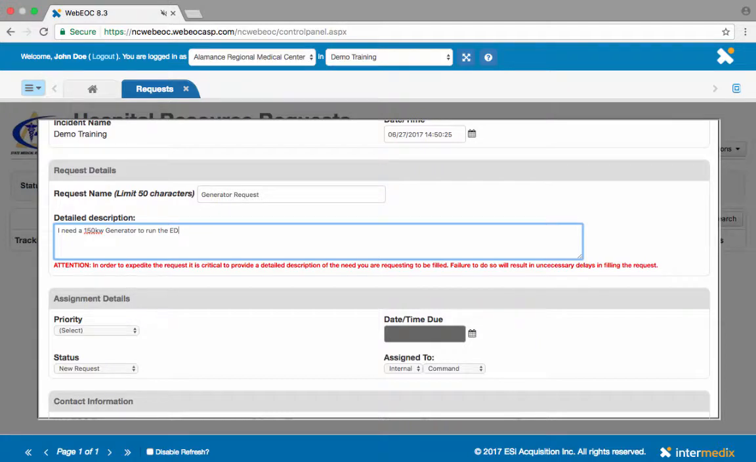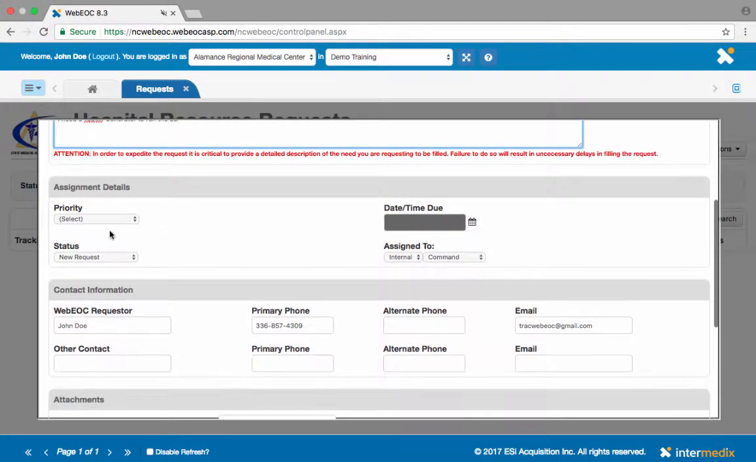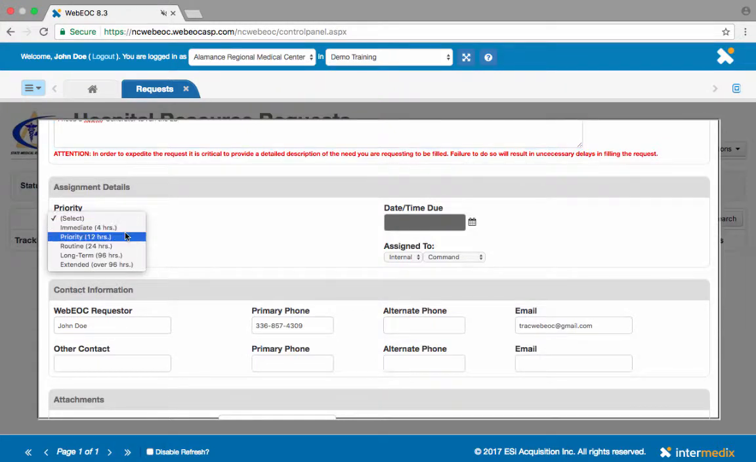So we're going to put in a request that says I need a 150 kW generator to run the ED. The priority is then set. Notice it's immediate. They need it in the next 4 hours. Priority is 12 hours, routine 24, long-term 96, or extended is 96 plus. We're going to do an immediate need of 4 hours. It automatically takes the current date and time and pushes it out for 4 hours to set that due date